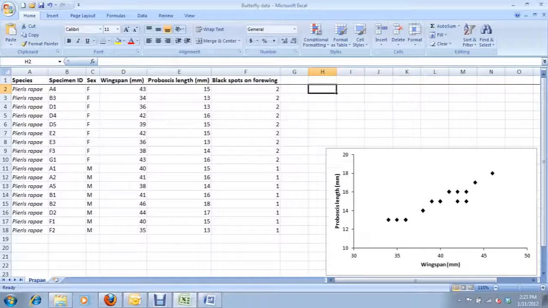Welcome to the tutorial on how to do a correlation in Microsoft Excel versions 2007 or 2010. Before you do this tutorial, you should first do the tutorial on how to make a scatter plot. The scatter plot we made using these data